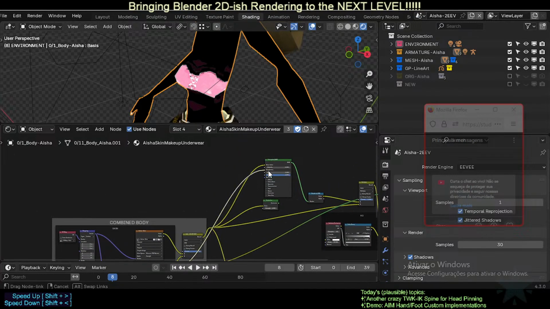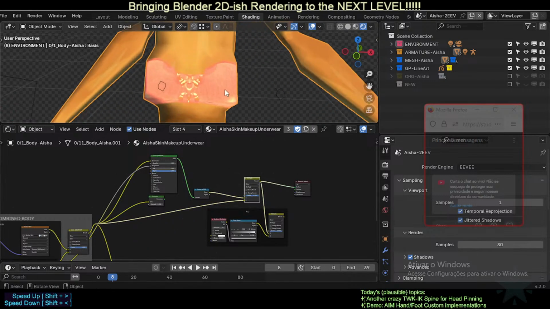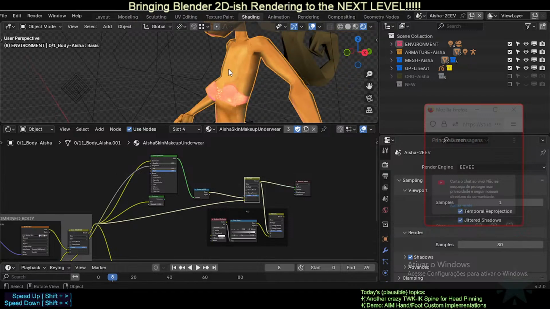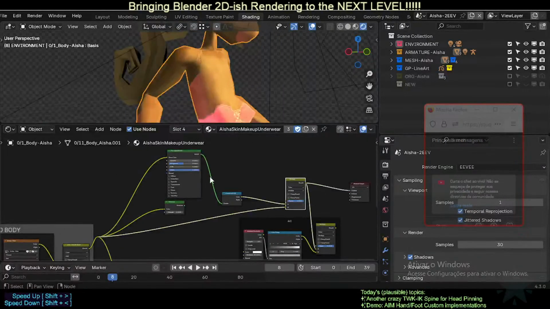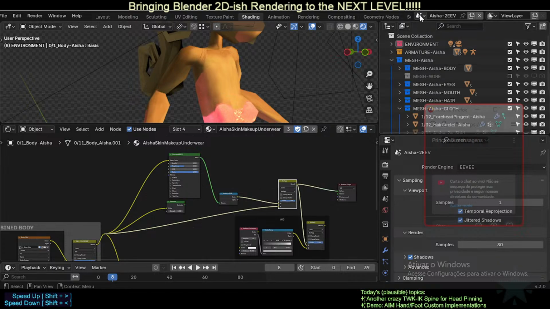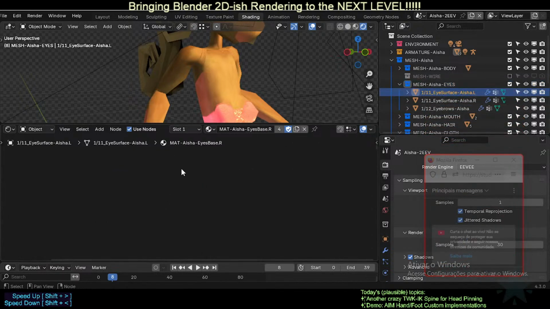I can still do this, but it could have some shading effect there, just a detail, so I'm not even sure it's needed. What I need to do here is to go to the eye mesh, and first I'm going to make a test. I'd like to have this thing,